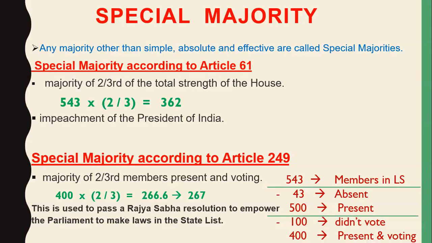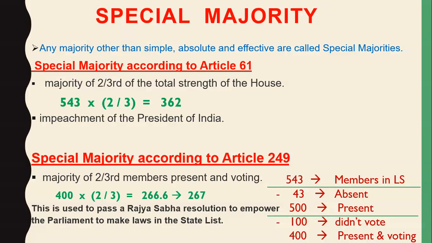Then that proposal will be sent to Rajya Sabha. Then Rajya Sabha will inquire the charges. After that, voting will take place in Rajya Sabha. And if the bill is passed in Rajya Sabha by a special majority of more than 2/3 of the total strength of Rajya Sabha, then the president will be removed. So this is the process of the removal of president. When we study about president, we will discuss it in detail.